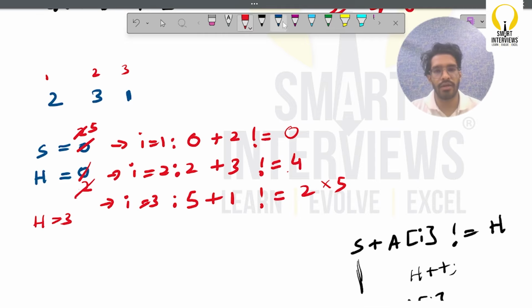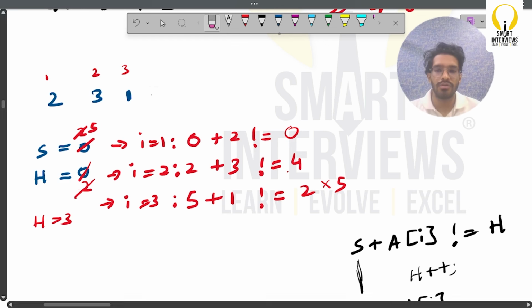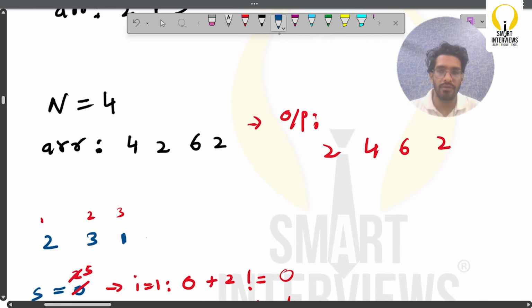Now you can try figuring out some other ways to rearrange these values such that maybe there is a chance that h value can reach a higher happiness. But according to the problem statement, they have already mentioned that this is the most optimal rearrangement, or the happiness value that you'll get. So now if you look at the second example,